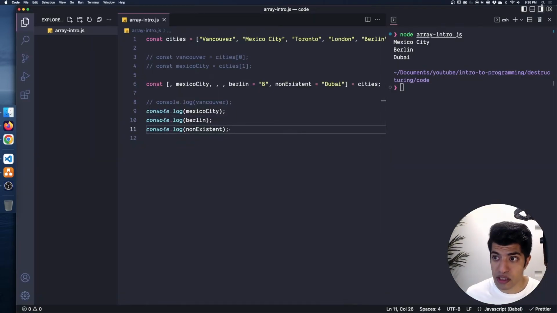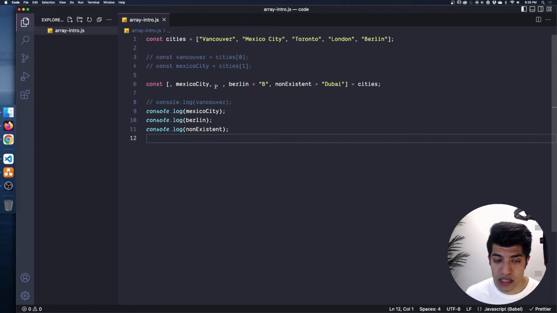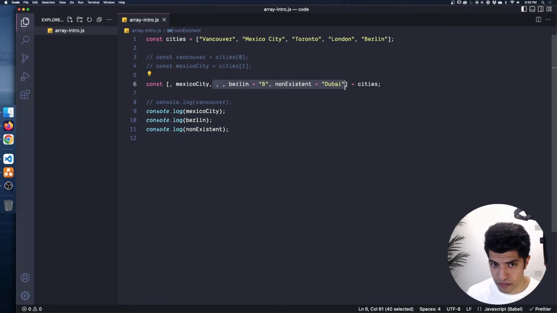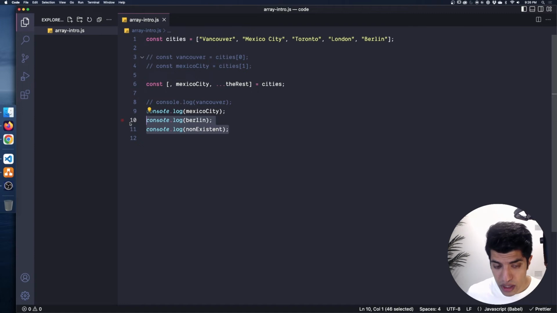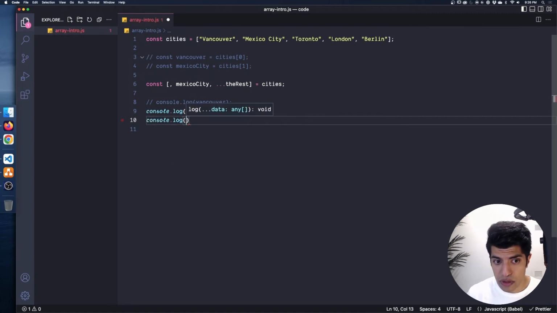So if we take this same example, and instead of trying to skip a bunch of stuff here, what I'll do is I'll do ... and I'll show you the variable name doesn't matter. I'll say the rest. Okay, and if I try to console.log out the rest,